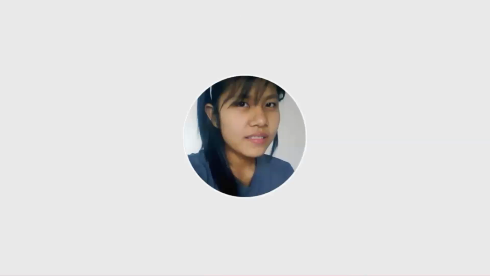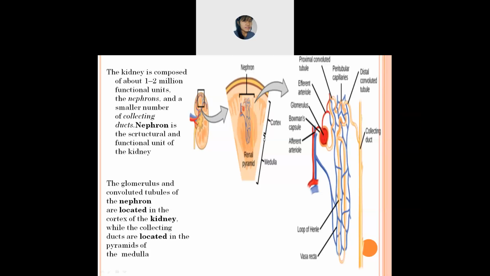Okay, today we'll see the structure of the nephron as well as the function of the nephron. Okay, this nephron will lie in between the cortex and the medulla. This is the cortex and this is the medulla. This is the structure of the kidney, and this nephron will lie here in between the cortex and the